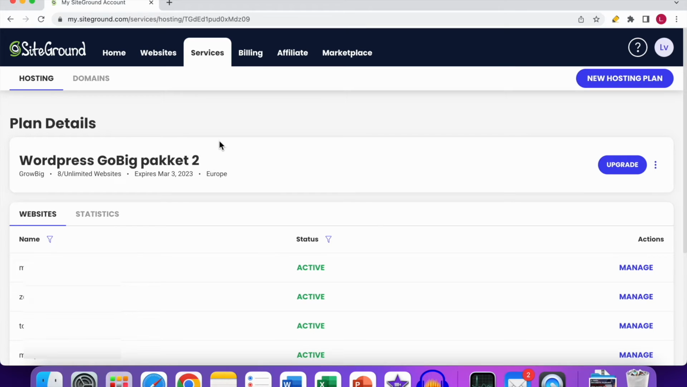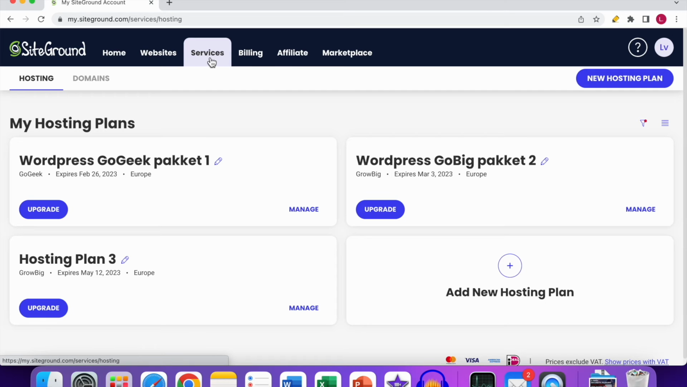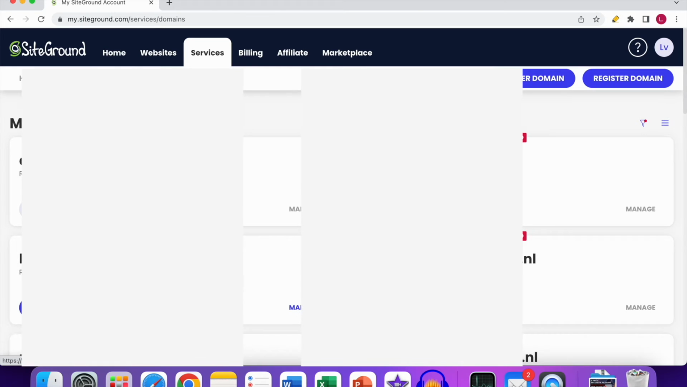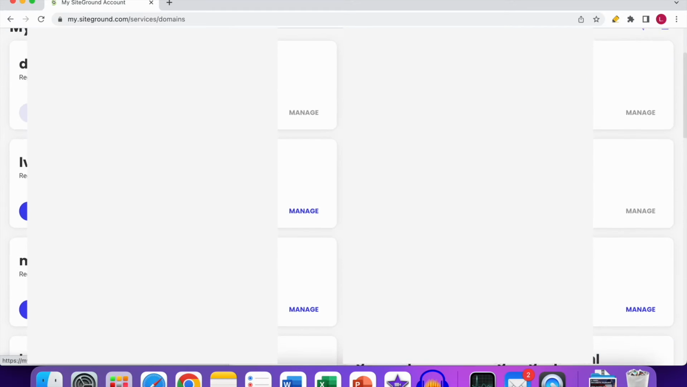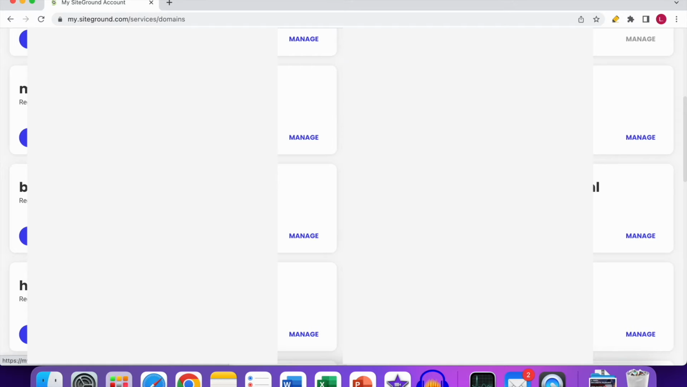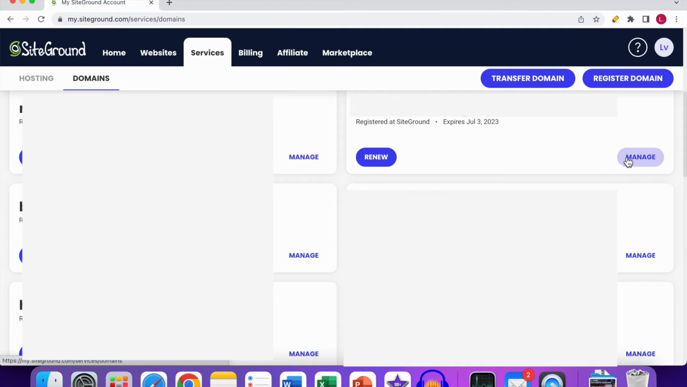Now I'm going to show you how you can do it for the domains. So again, go over to the services tab, go to the domains tab in this case. So don't select hosting but select domains, click on it. Over here you can see all the domains that are connected to this plan. So I'll scroll down to one that's available. So for example, this one, I will blur all the domain names out because I have also affiliate sites hosted on this account, and of course I don't want to show them in public. So go to the domain that you want to manage the renewal settings for, click on manage again,